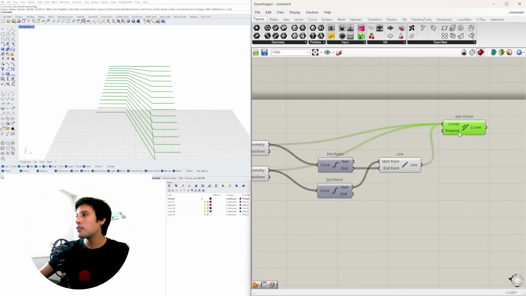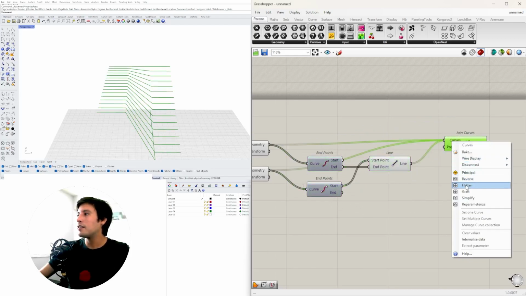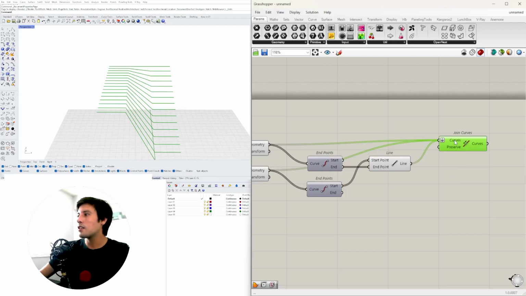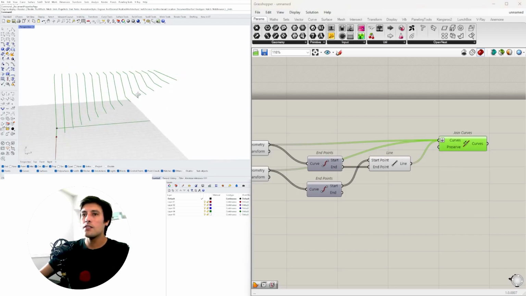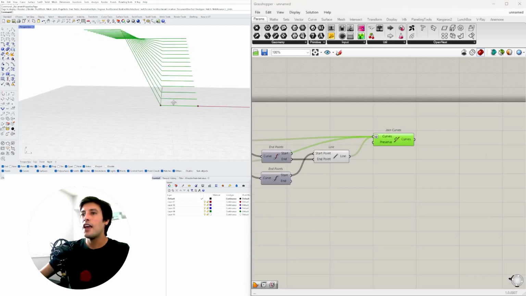So join curves is a component, plug them all in holding down shift. And now I flatten the input so it comes in an organized list. We have 48 values here. Now what we're going to do is take this and create